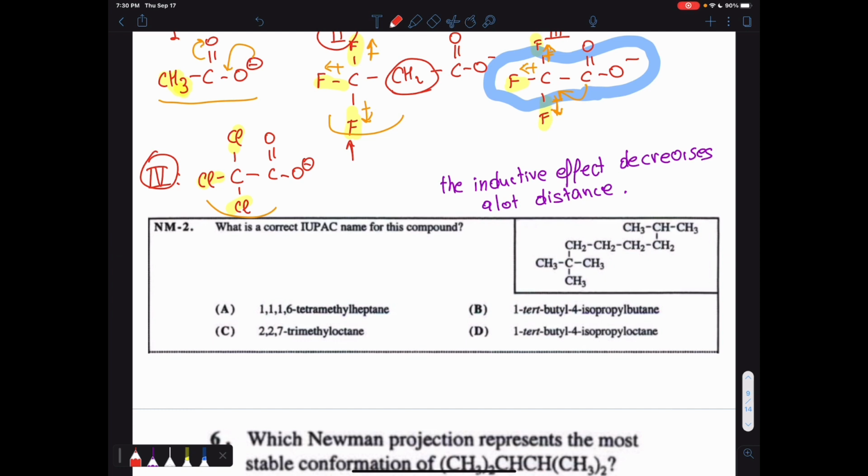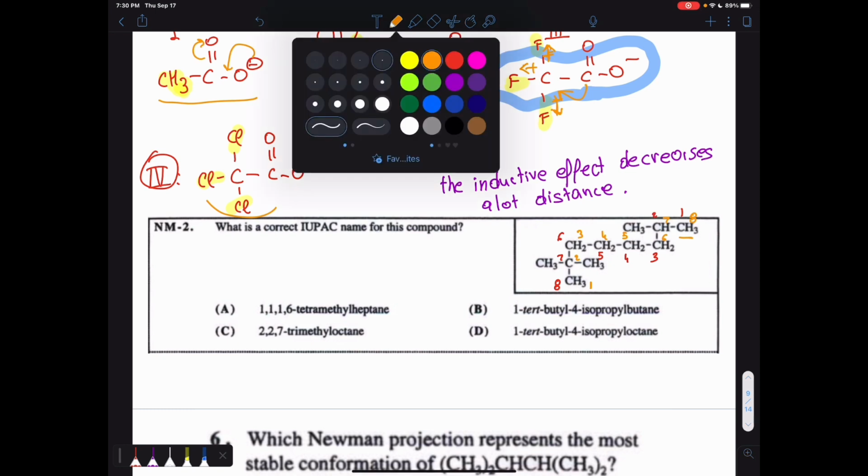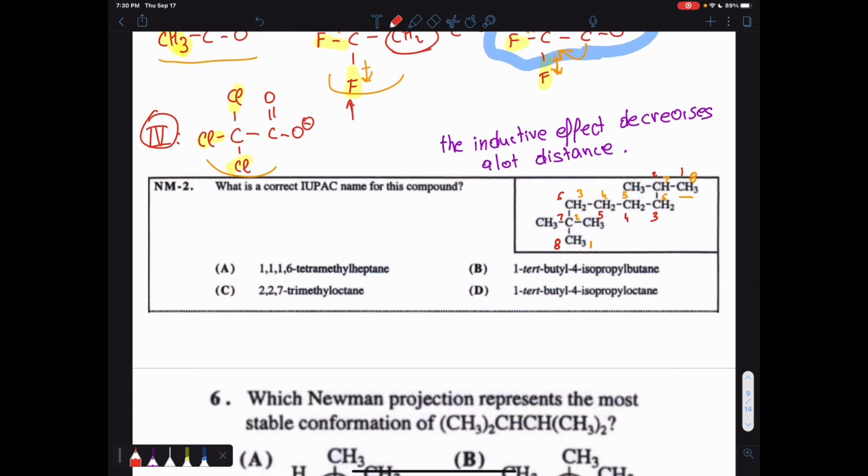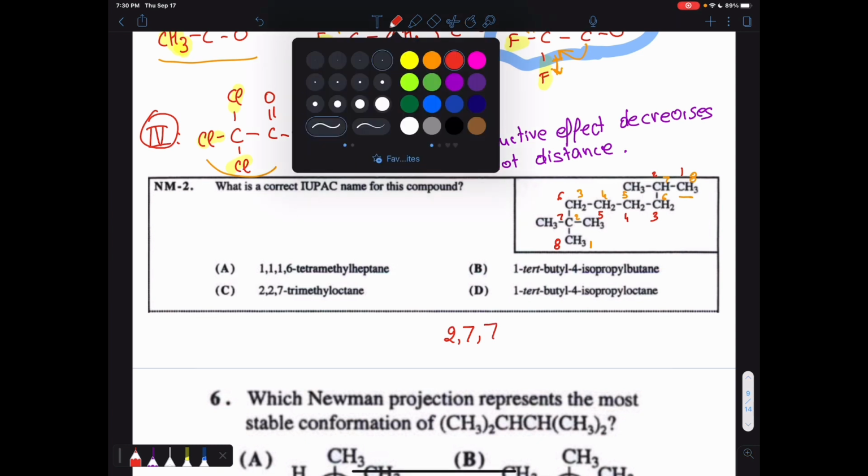So first step, as I mentioned before, we have to find the longest chain. So let's start counting: 1, 2, 3, 4, 5, 6, 7, and then 8. This is the longest chain. I don't think there's anything longer than that. But now we also have to decide if we start counting from this carbon or this carbon. If we start counting from this carbon, 1, 2, 3, 4, 5, 6, 7, and then 8, the substituents are going to be on carbon number 2, and 2 on carbon number 7, so it's going to be 277. But if we look at the other direction, we'll have